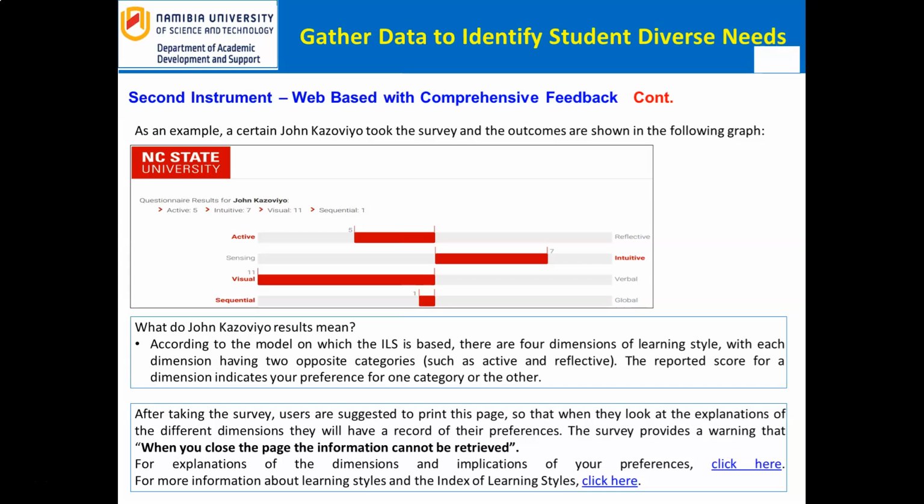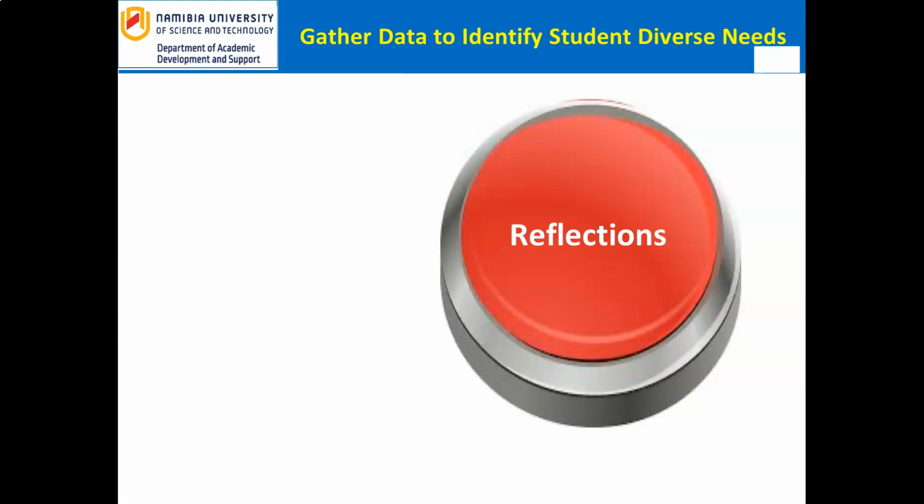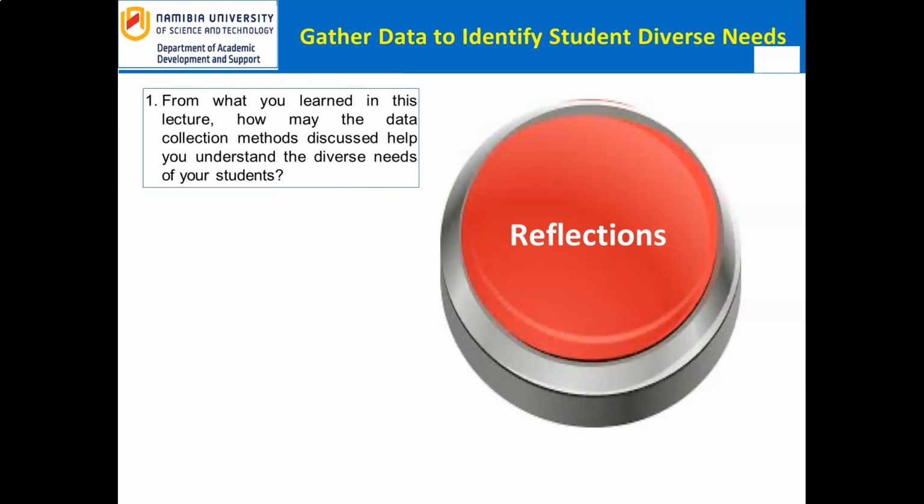Let us reflect. This lecture emphasizes the importance of gathering comprehensive data on students' diverse needs using various methods to tailor education strategies. It highlights how this approach fosters an inclusive learning environment, improves academic outcomes, and promotes critical thinking skills among students. At this stage, what questions should we start asking ourselves? What comes to my immediate thinking is: 1. From what you learned in this lecture, how may the data collection methods discussed help you understand the diverse needs